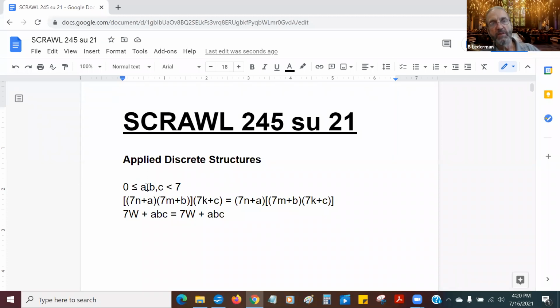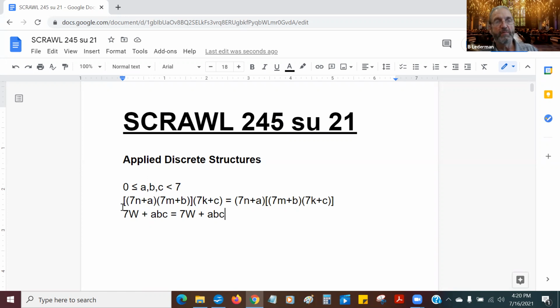So a, b, and c are integers that are greater than or equal to 0 and less than 7. So if I'm trying to show associativity here, any integer is 7n plus a, 7m plus b, and 7k plus